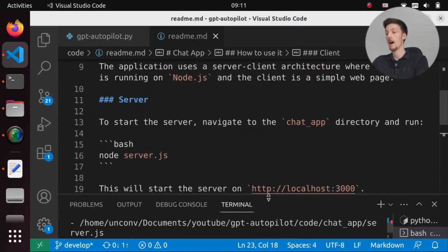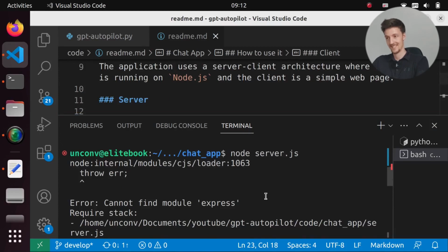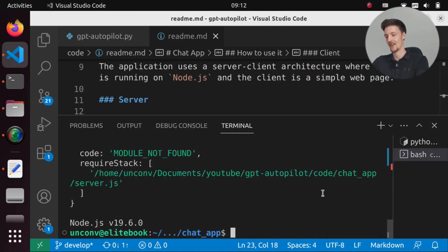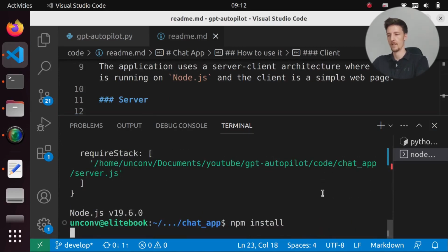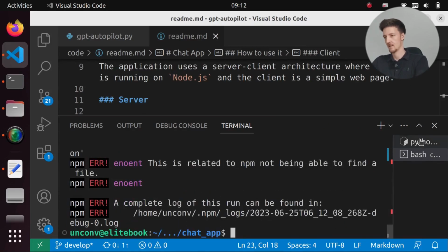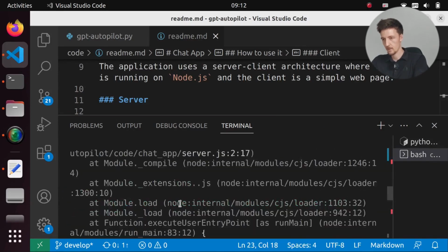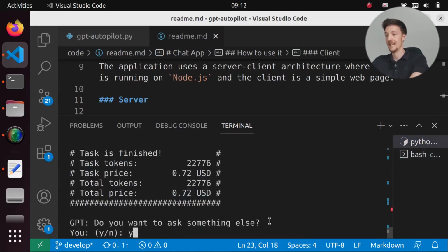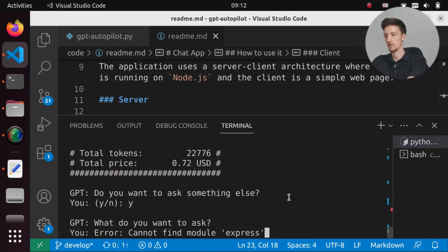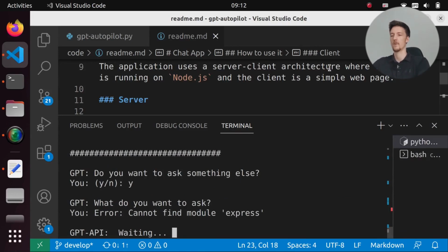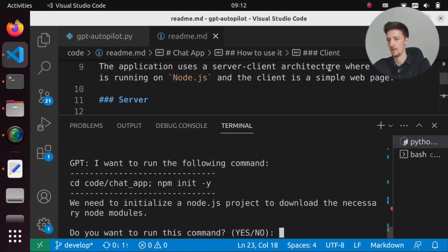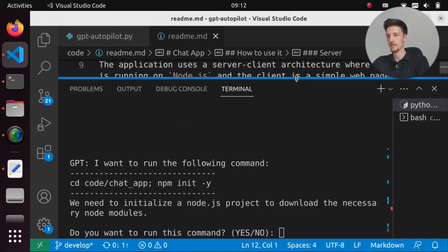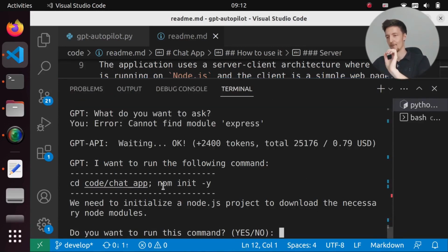Okay, well, I in fact know how to fix this, so I can just run npm install maybe. No, because we don't have a package.json. Okay, so let's do this. Error cannot find module express. So let's tell ChatGPT that we couldn't find this module, and hopefully it will create a package.json and run all those modules. Okay, so it will actually say, you need to run npm init -y. So let's